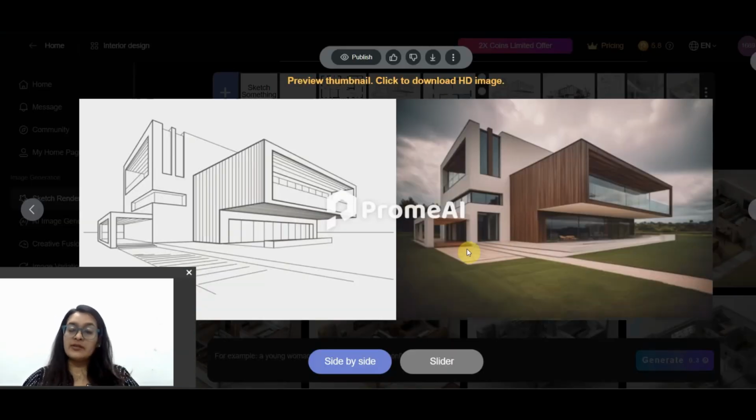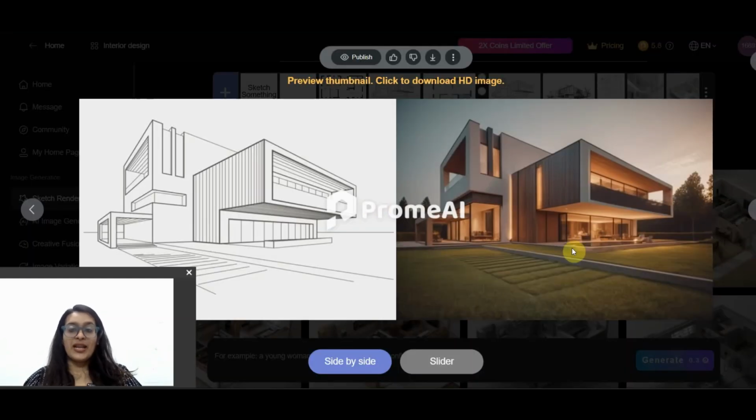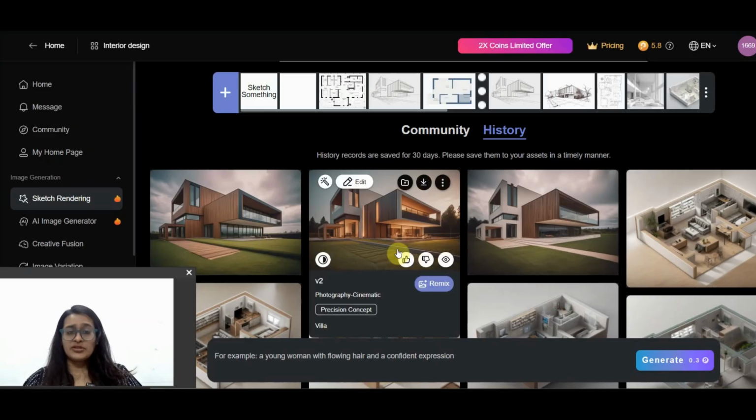I'm actually not disappointed with the kind of render this has given me. It's a fairly decent sketch with good line weights, and it has given me a fairly good result, and I'm actually pretty happy with it. If you see, it has given me an option of lighting as well. I think this is a good area wherein they've also understood the pathway. Pathway is something which the previous softwares were not detecting, and we actually had to add pathways later. But I think this is a fairly good advantage.